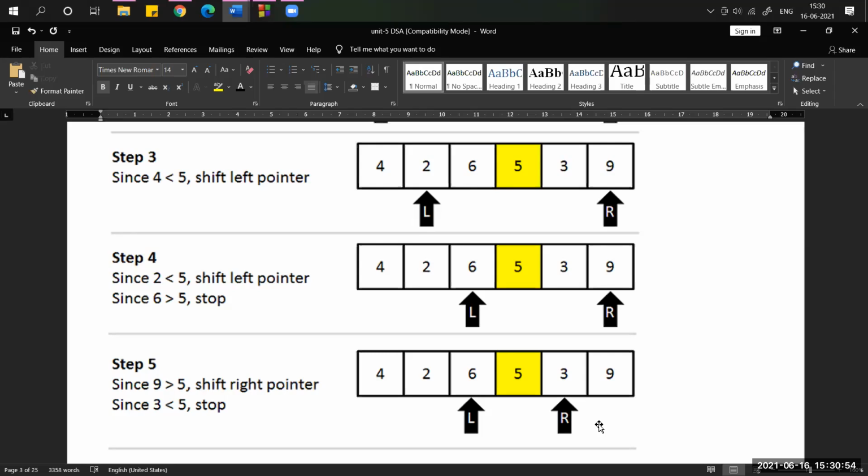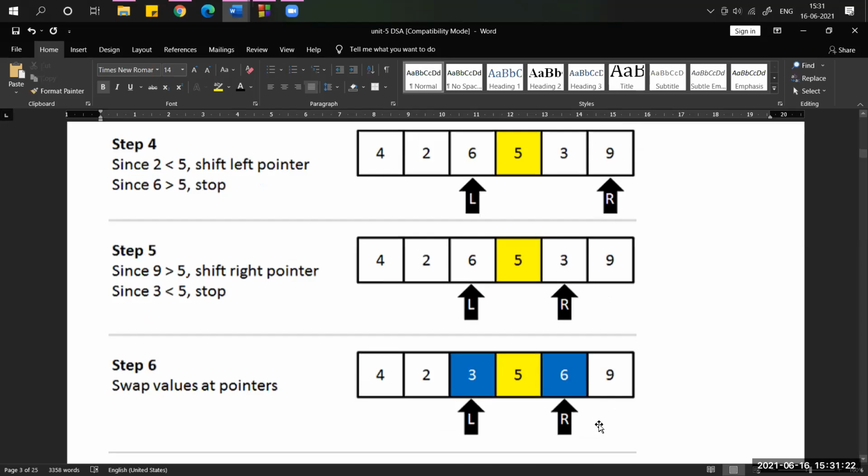Next condition: whenever you are checking the right side of the array, the element must be greater than the pivot. Then only you decrement by 1, which means i minus minus. So whenever these conditions are false, you have to stop. After stopping, what should we do?